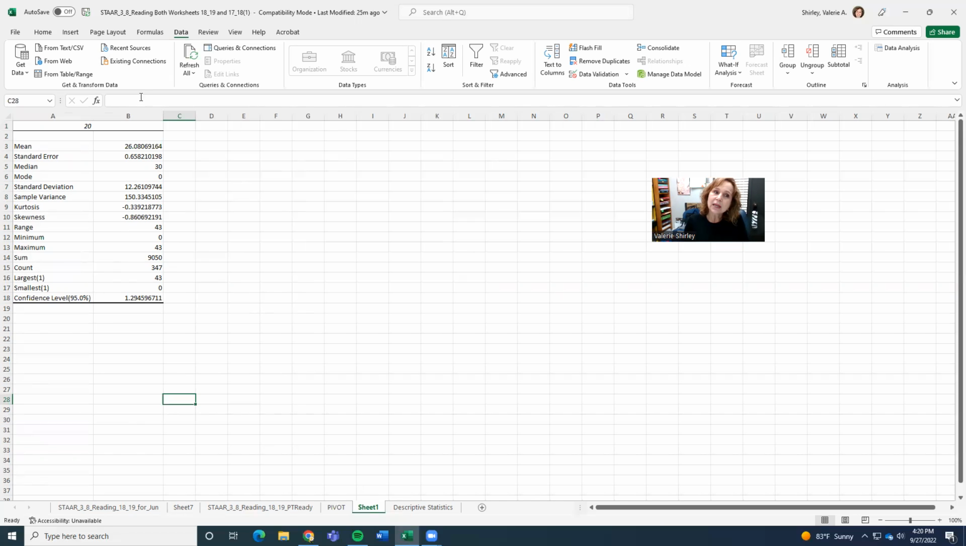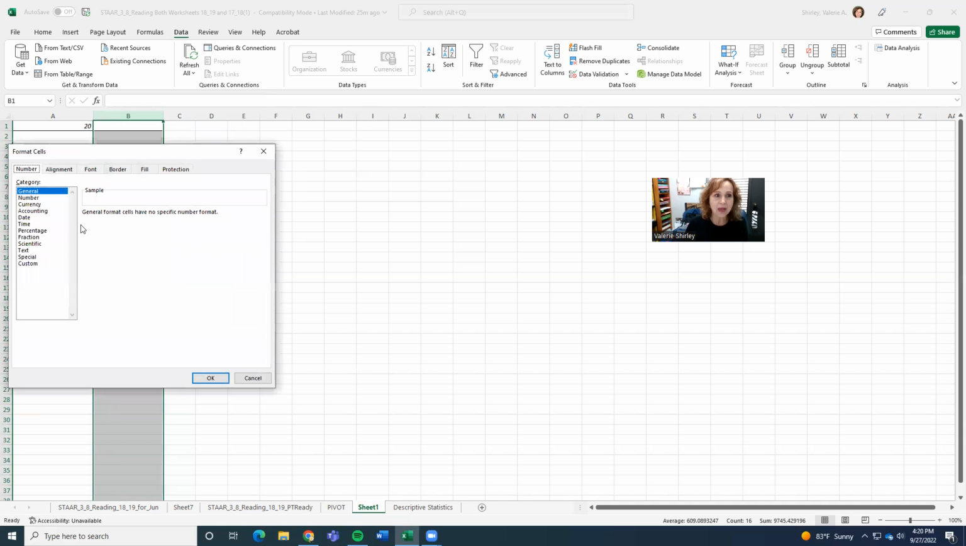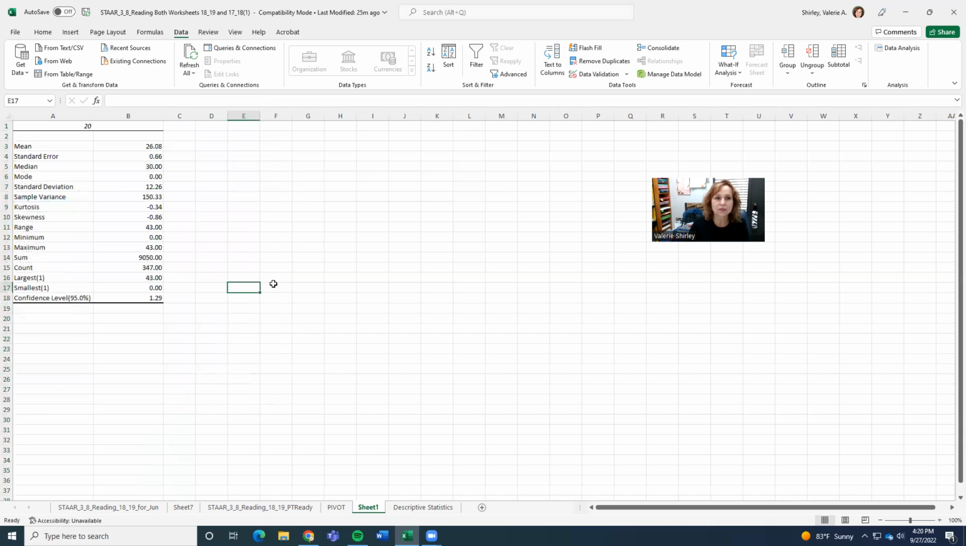Again, I would like to highlight this column, the column with my data in it, and I'm going to go ahead and right click on it, and I want to format the cells. And I want in the number to just have there be 2 numbers after the decimal place, just 2, so that I can see the numbers a little